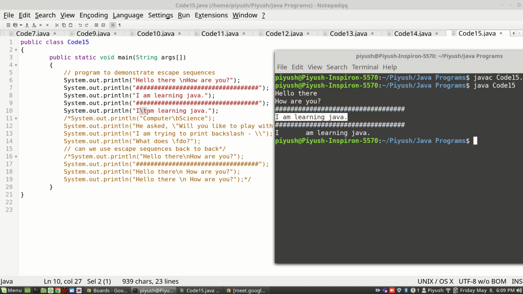However, when backslash t is encountered anywhere inside a string, you can see after I, one backslash t was given, so it left space equivalent to one tab key press. Multiple spaces were left in one go, and then it started printing as it is. Is the purpose of backslash t and backslash n clear to all?